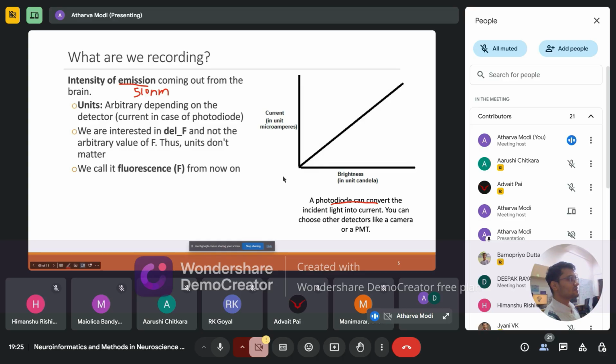But you can use other kinds of detectors, a camera or a photomultiplier tube. Camera is also quite prevalent, but it is more noisy. But you can get 2-dimensional data out of it. So basically, if you are recording from multiple fibers at once, let's say 10-20 fibers, then you can record each of them as an image using a camera. But with a photodiode, it sums all of them up into one singular value. So there are different kinds of detectors you can use,